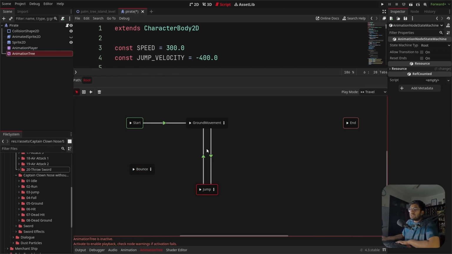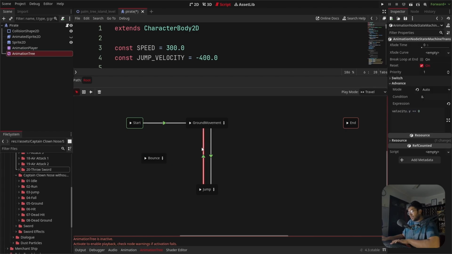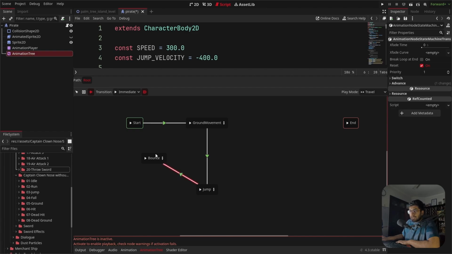And what you would do is before going back to this ground, once you are in the jump and you're done with that, you will first go here and then you will go here. So once you have completed your jump, you'll for a moment show this bounce animation. So after you're done with this jump, velocity of y is now 0. So you have